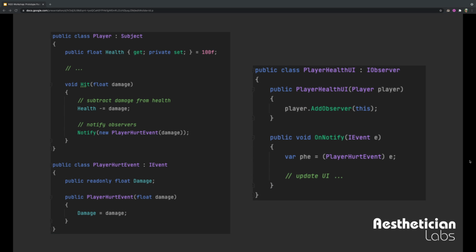So if we take an example of maybe a player getting hurt, right? We have a player that is a subject that notifies its observers when it's hurt. It has health, it has a hit method that subtracts damage from the health, and then notifies its observers. So it says notify, and it sends its player hurt event, which contains the amount of damage that the player